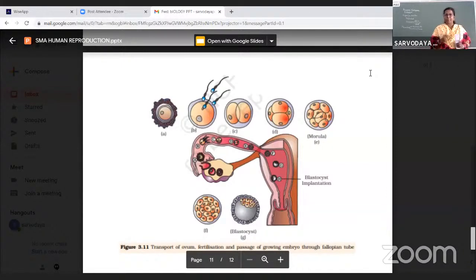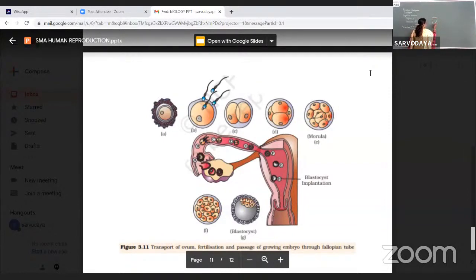Now, during implantation, what do we observe? We observe that some of the uterine tissue, the layer of the uterine tissue cells, is removed, or it disintegrates, we say. The uterine tissue will disintegrate. Now you may ask, why should the uterine tissue get disintegrated? Please remember,